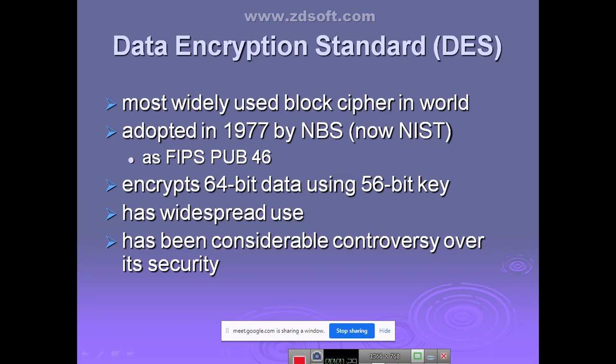Okay, in the last class we started with DES, that is the Data Encryption Standard. It is one of the most widely used block ciphers in the world. What is the work of DES? How is it going to encrypt the data? It takes plain text of 64-bit block size along with a 56-bit key. So it encrypts 64 bits of data using a 56-bit key.